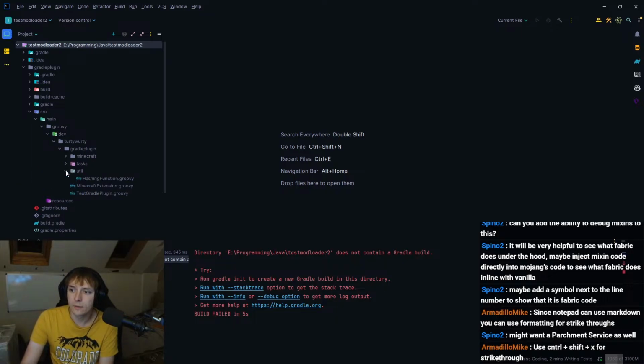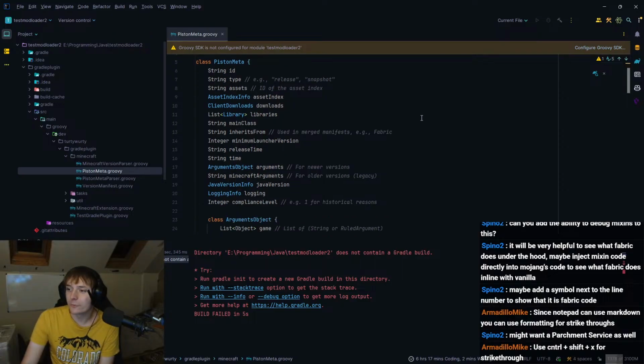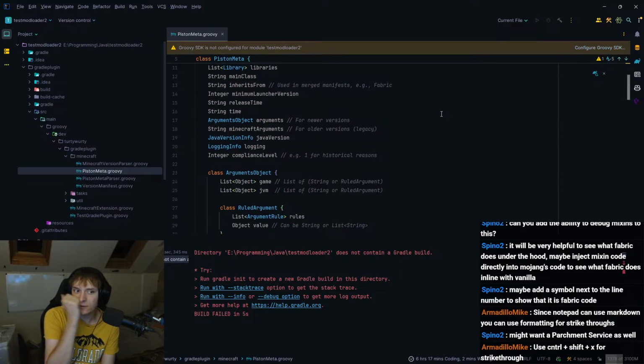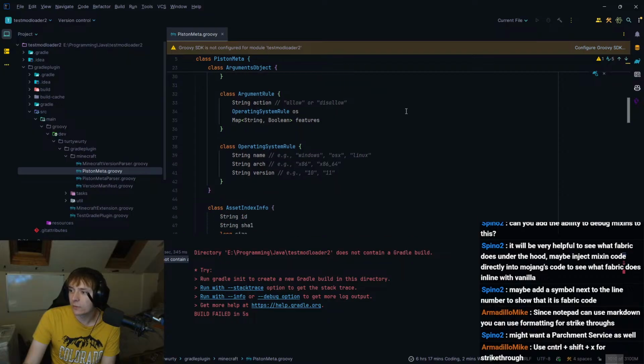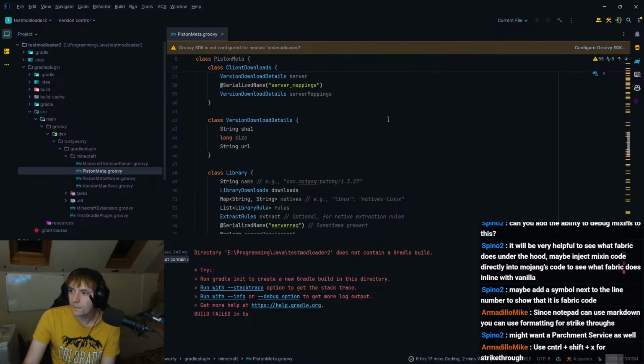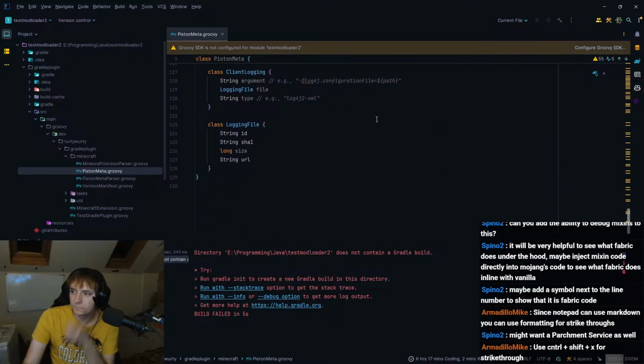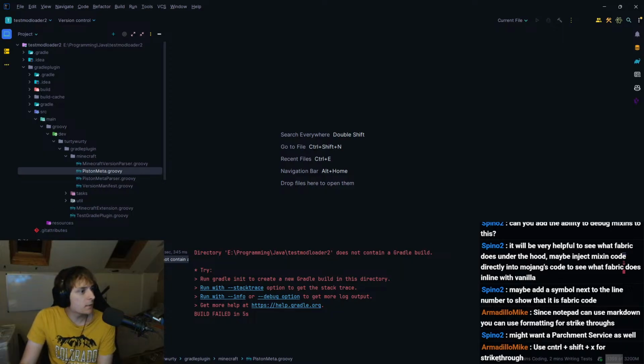Forgot it's in Groovy. Because I wanted to write it in Groovy, but apparently you're not actually meant to write it in Groovy. Interesting. Might be easier to just use brass.